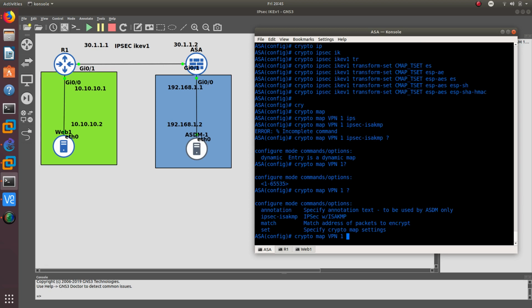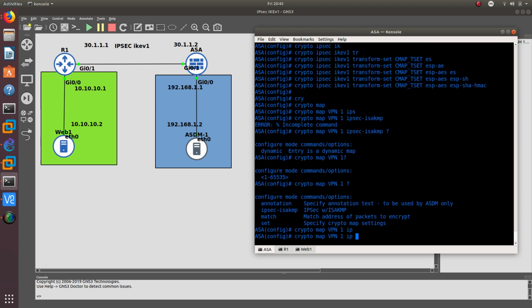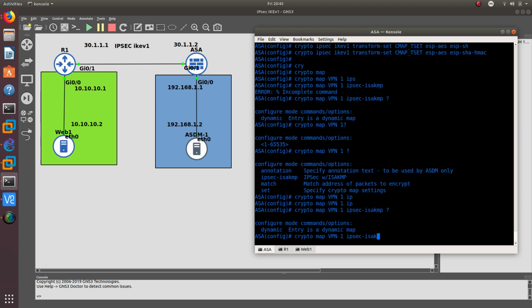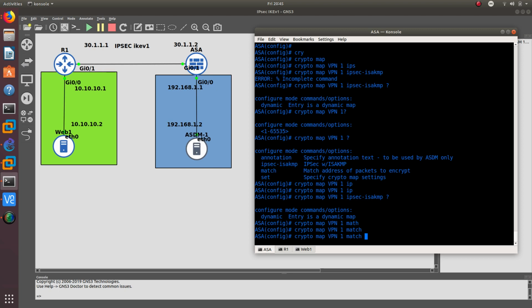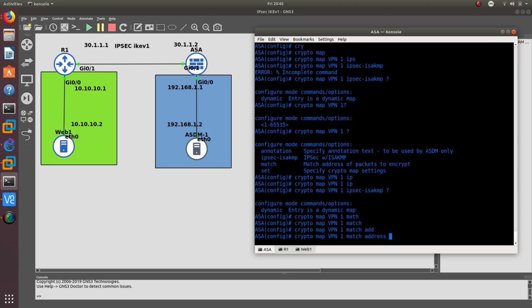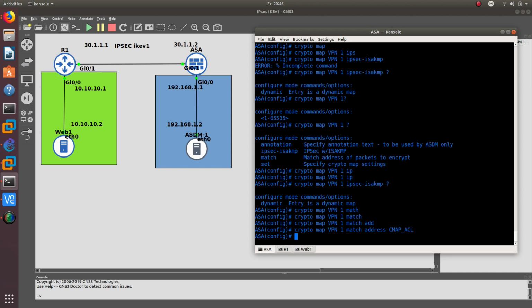VPN, IPsec ISAKMP. I don't think we need to do that. Okay, so let's do one match address, and we need to match the CMAP ACL, and then we need to configure that VPN to